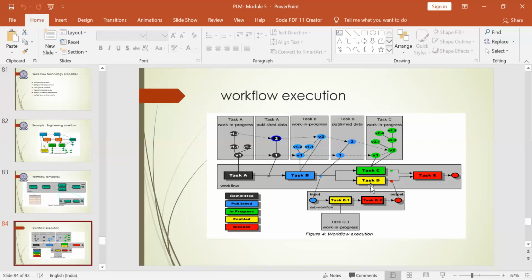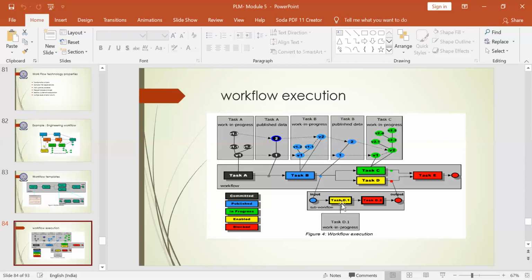So in task D again you have two versions, task D1 and task D2. So here task D2 is disabled or blocked, and hence it shows the color red. So now currently only task C and task D are working. In task D, task D1 is working, task D2 is disabled, and hence the output of task D is also disabled.